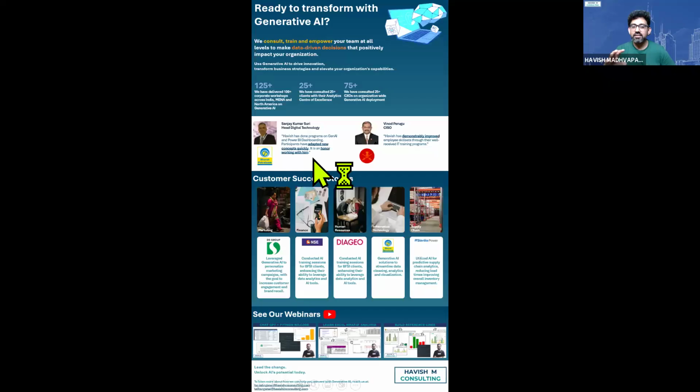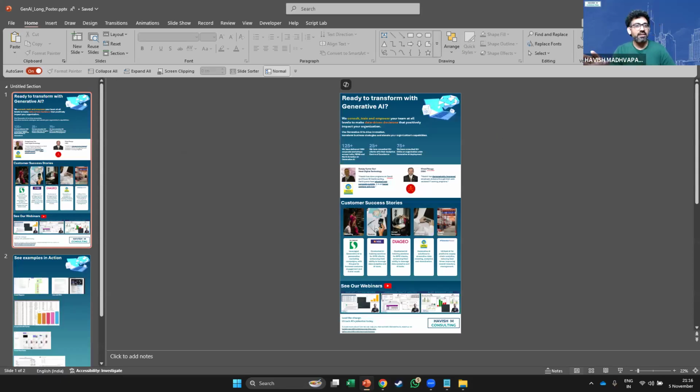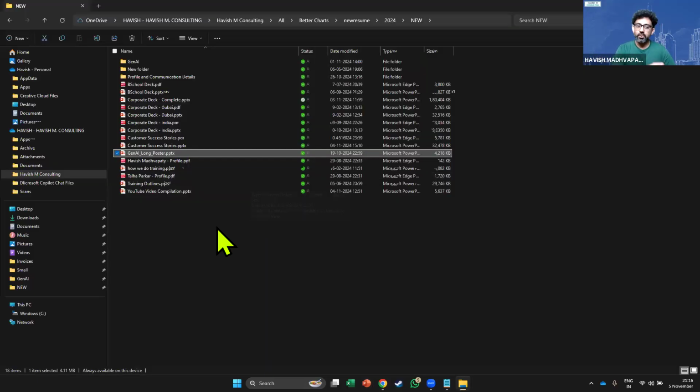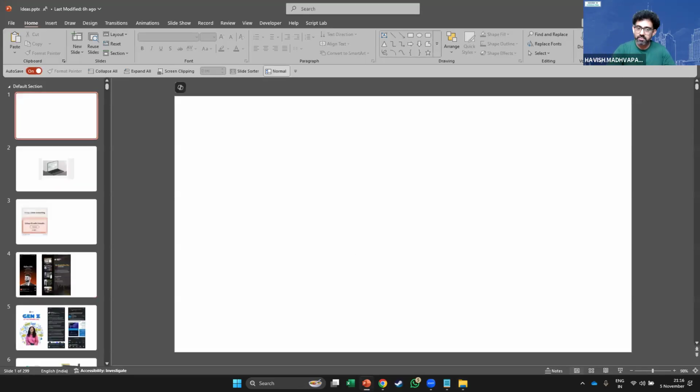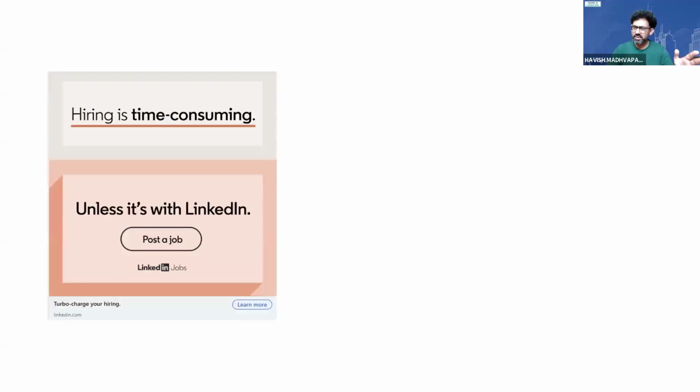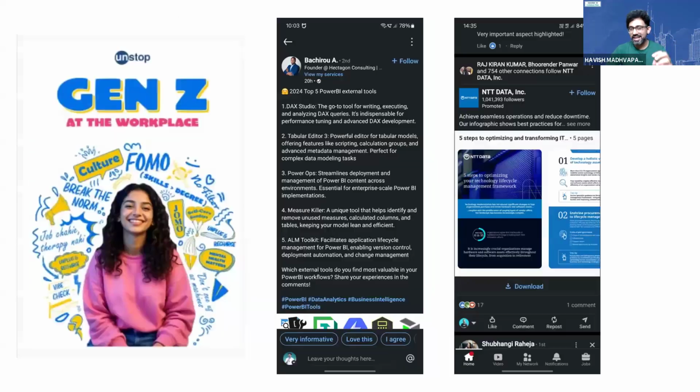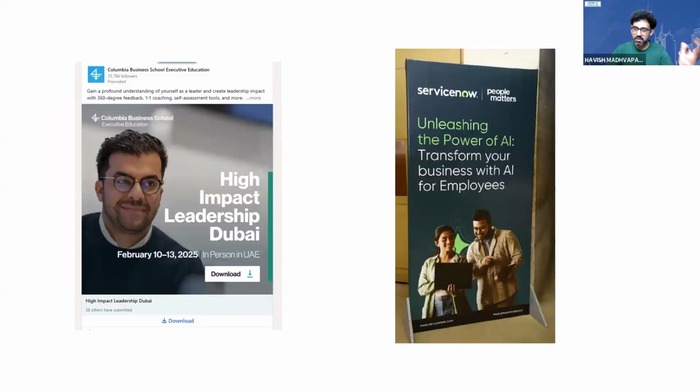Like this is a one pager that we are trying to create, similar to what a Gartner or an IBM is doing. Just replicate what others are doing. There's no need to reinvent the wheel. Just copy what others are doing. That is the smartest thing you can do. What I personally do to market myself is that I keep on compiling ideas from different companies that I find on LinkedIn, whatever it is. It could be an image, it could be an ad, it could just be a post.